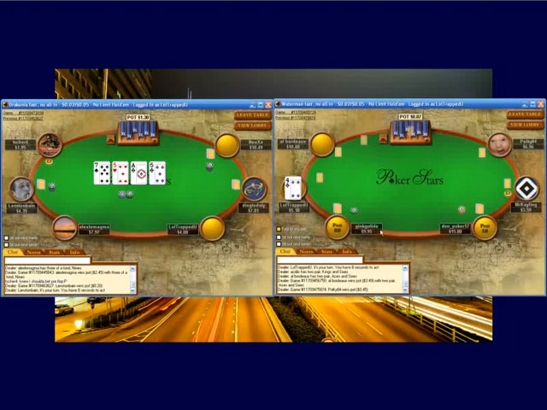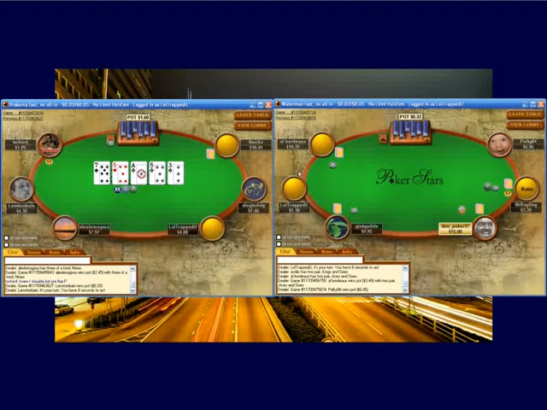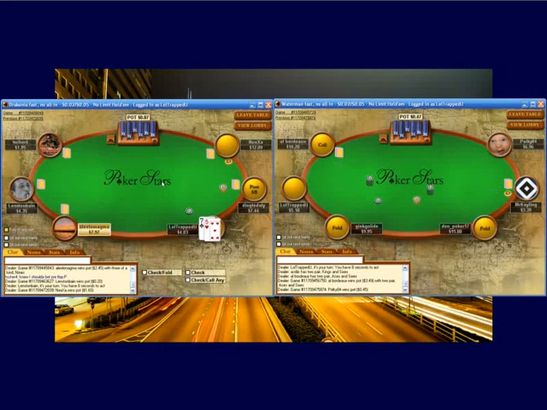This player did not play his kings well. He should have raised more than min pre-flop, and out of position he could have bet folded that flop. In position he would have been able to maybe check behind that flop. So I know you guys know a lot about pre-flop play, so we're going to focus on some post-flop play